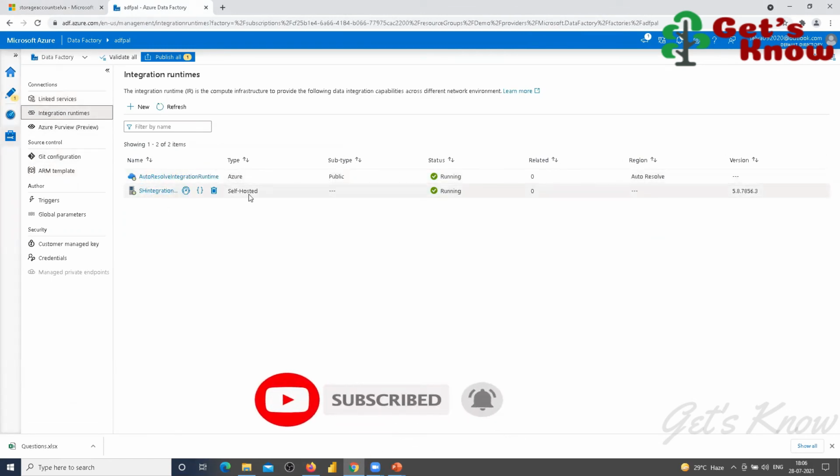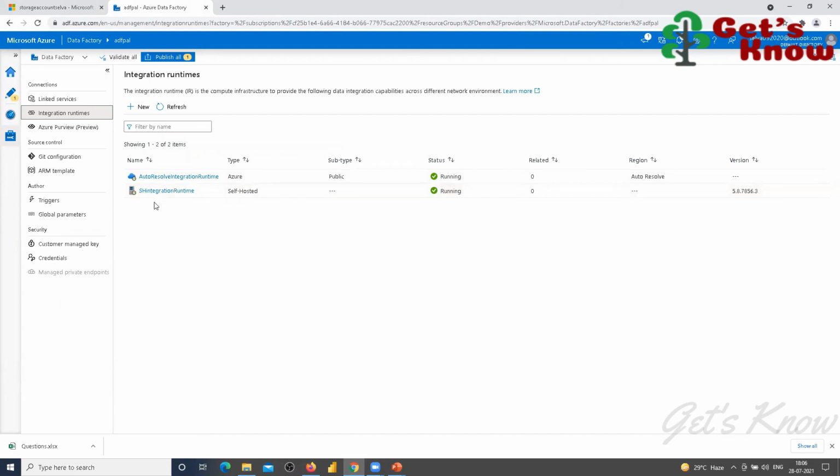The self-hosted type integration runtime we have to use for getting the file data from the local host, so it's available. And the Azure type, the Azure integration runtime, is also available. This is for moving the data from Azure to Azure. Okay, so what I'm going to do here,